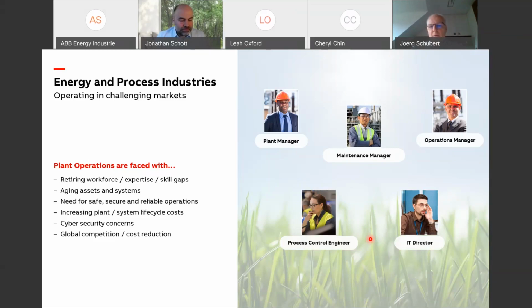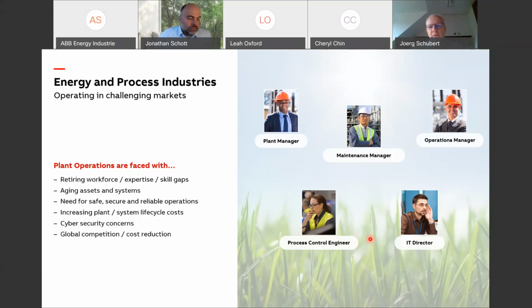Not least because we have more and more data flowing from the DCSs into information technology environments, office networks. That is changing the attack surface that we have from an automation point of view, and we clearly have to address that. And then last but not least, the operators of the plants, the end customers, are seeing the pressure of global competition and cost reduction. So this is a set of the things that makes us stay awake overnight.